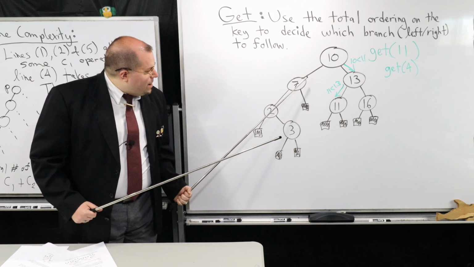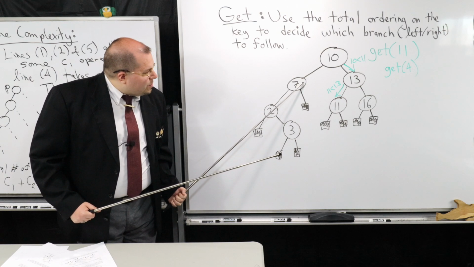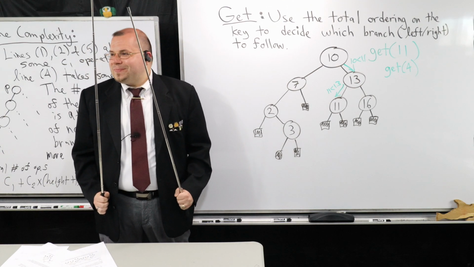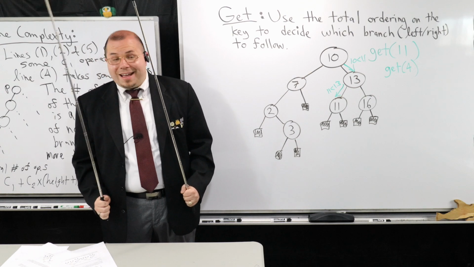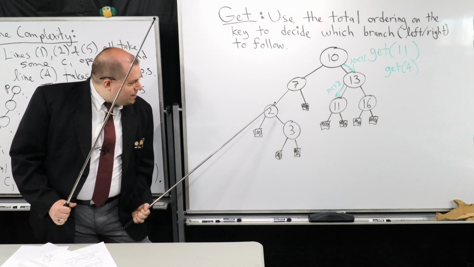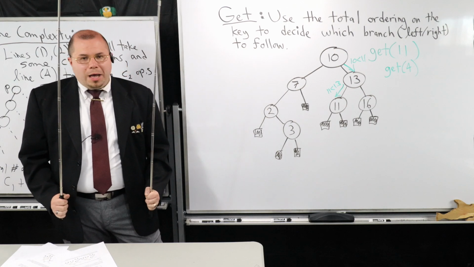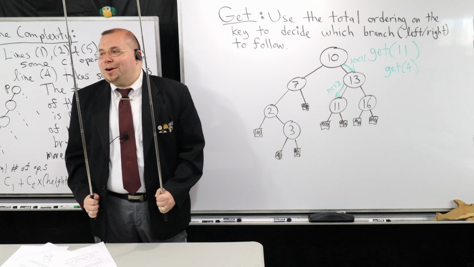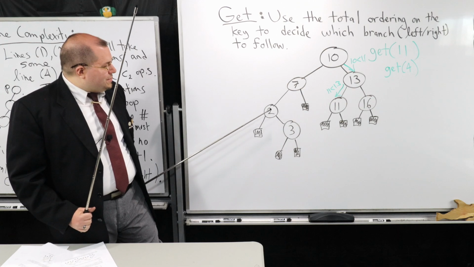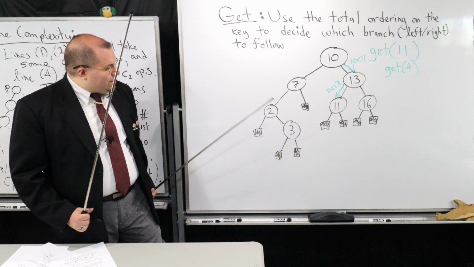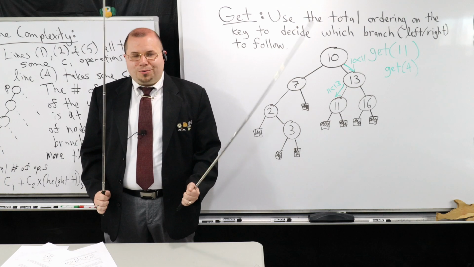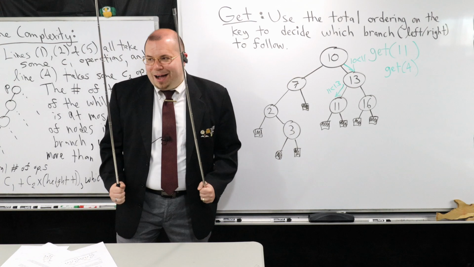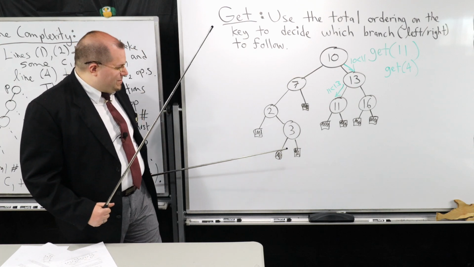Now we're right here, at the 7. Do we go left or right? We're going to go left again, exactly. Now we're at the 2. Do we go left or right? Now we're going to go right, because 4 is greater than 2. Exactly, so then we're at the 3. Do we go left or right? Right, yes. Good, you're doing a good job guiding me through here. We haven't made any slip-ups.